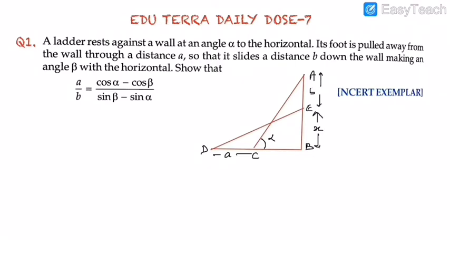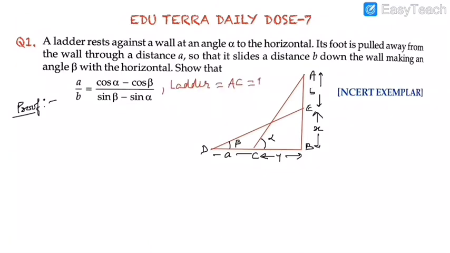If you use tan alpha and tan beta, then it is a little bit difficult to find the proof. That's why simply try to find, with the help of triangles ACB and EDB, sin alpha, sin beta, cos alpha and cos beta, then substitute in the RHS. Definitely you will get a upon b. So now the proof. Students, don't skip the video. Listen and try to do it.